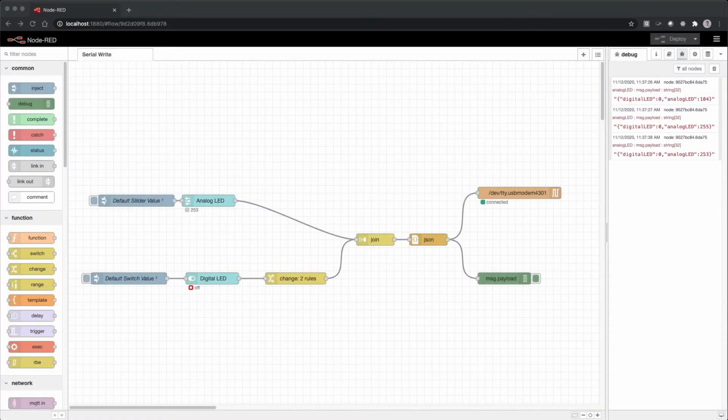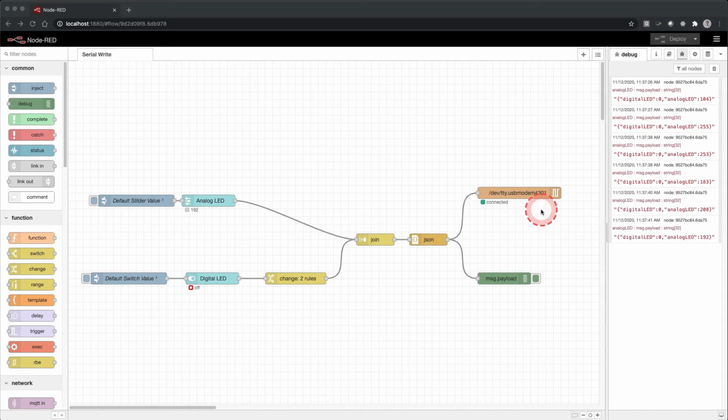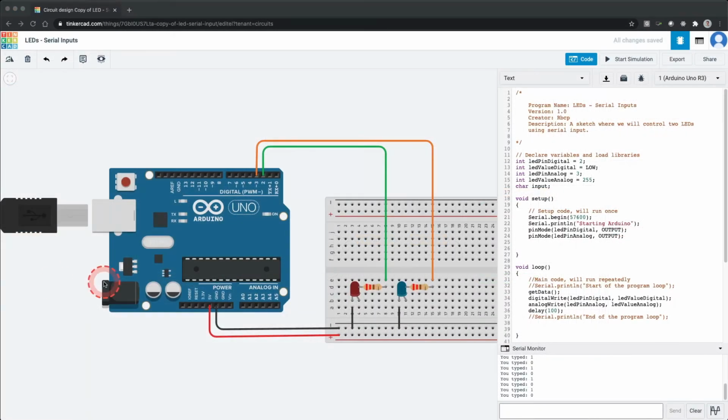If you look at the Node-RED sketch, you will see the output that we will read into the Arduino. It is a string and follows the same pattern as JSON data. We will read this string when reading the data into the Arduino and to test that our sketch works. Since we are reading a string instead of a single character, we need to update the input variable. Go to your variable declarations and change the char input to string input.